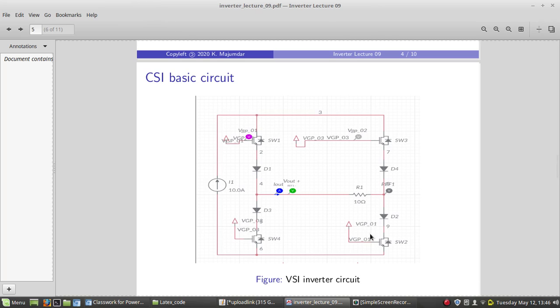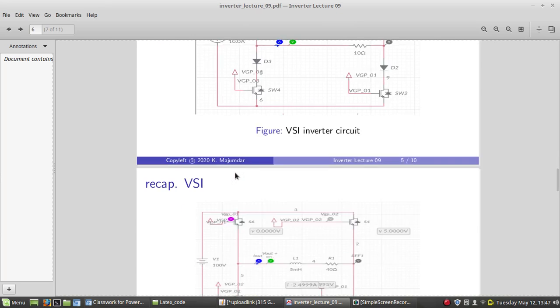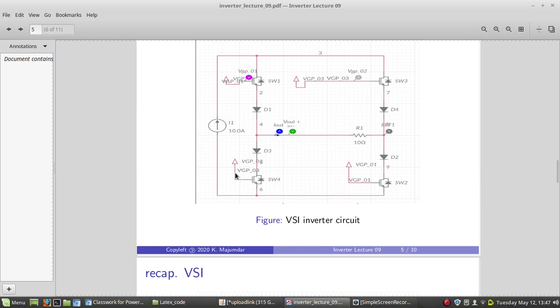No current source is available. Then what will we do? You have to consider a voltage source having a very high inductance. That makes a rigid current source, or its property looks like a current source. Now, how will it be used?